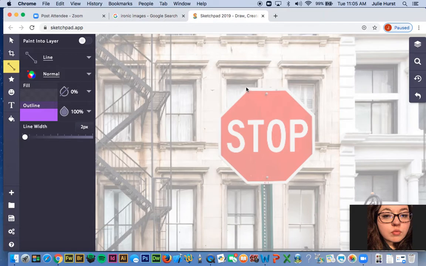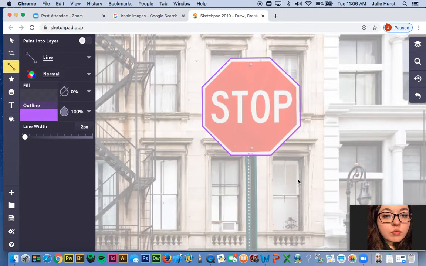So what I'm going to do is start tracing my image. I'm just going to find the edges of my stop sign, and I'm going to trace it by clicking on the edges here to get my stop sign shape. There we go. So I got my first part done, and I'm going to trace some of the stop sign post too down here. So I'm going to use the same line tool, and I'm going to click on one edge of it and go down to where I want it, about there,